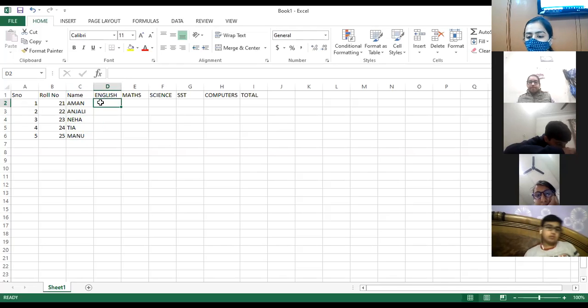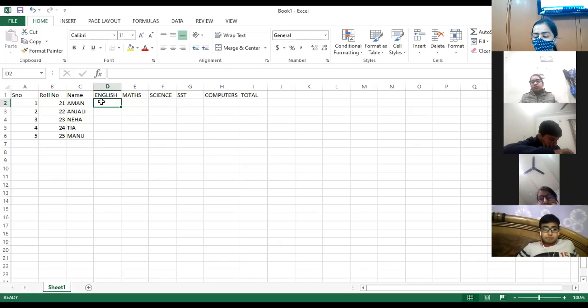Now when you want to enter the marks, whenever you're working in an Excel spreadsheet, you should try to use the different shortcut keys which we have learned. In your chapter also, you had used different shortcut keys. You should practice those and implement them when you are doing the practical work.